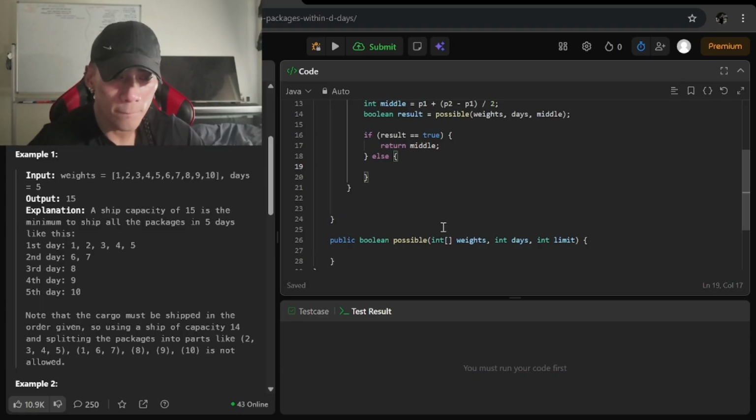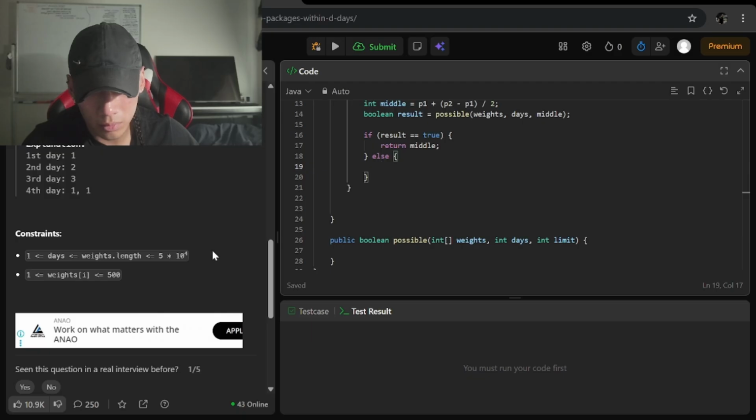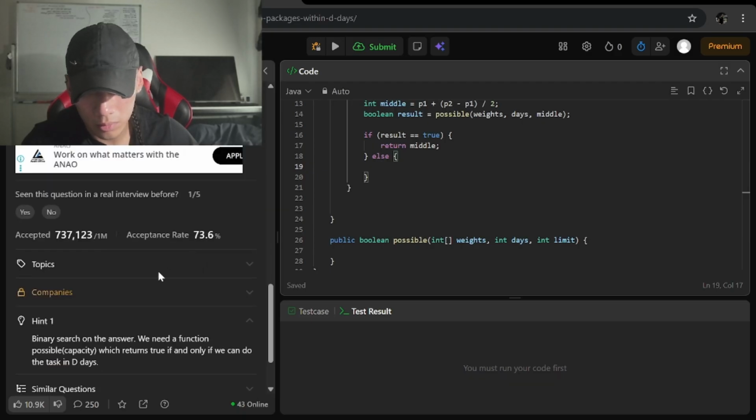Wait, boolean possible. If it's not possible, how do we know to increment or decrement? Yeah. I don't know how that boolean works. I don't know how the possible function will be implemented, to be honest.